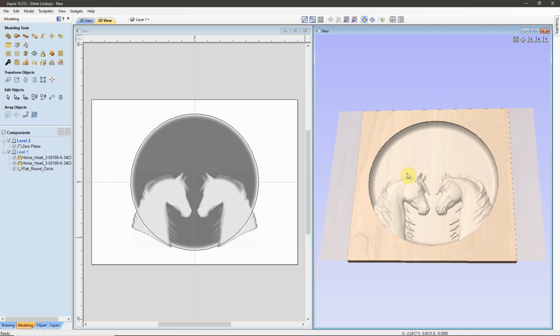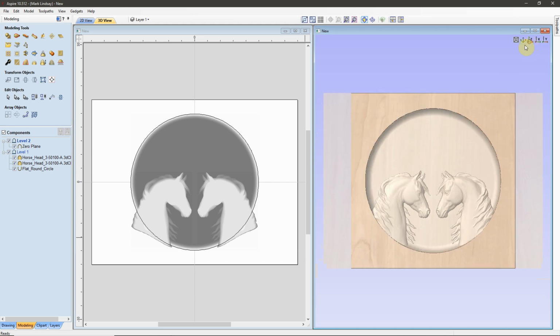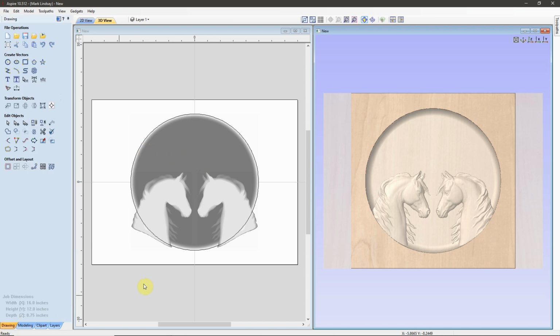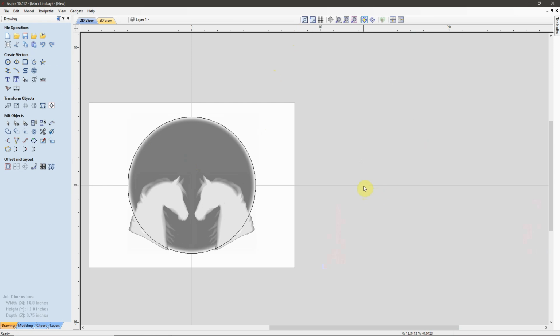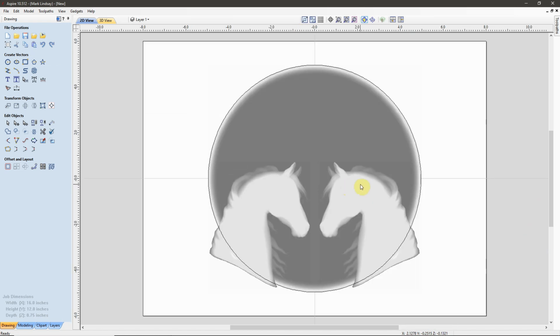Well, now what I want to do is add a little bit of text up here. I want to put a name up in this area right here. So what I'm going to do to start with is go back over to my drawing tab, and we'll maximize my 2D view, press the letter F, and I'm going to go ahead and create my text. So we'll go into the Draw Text window,